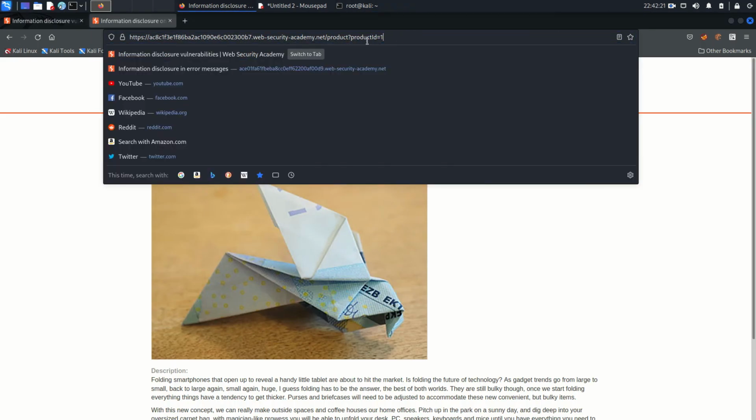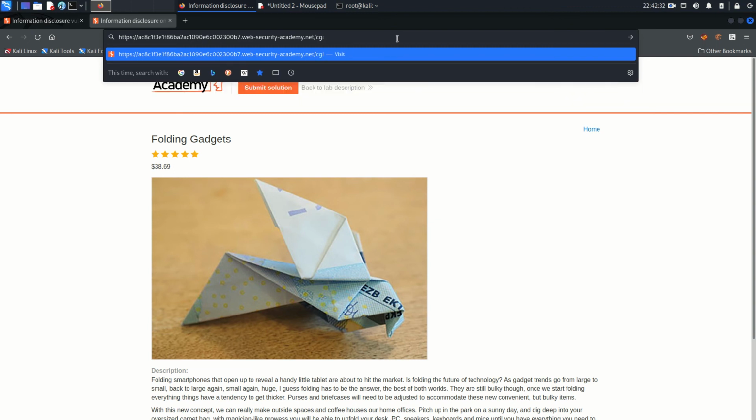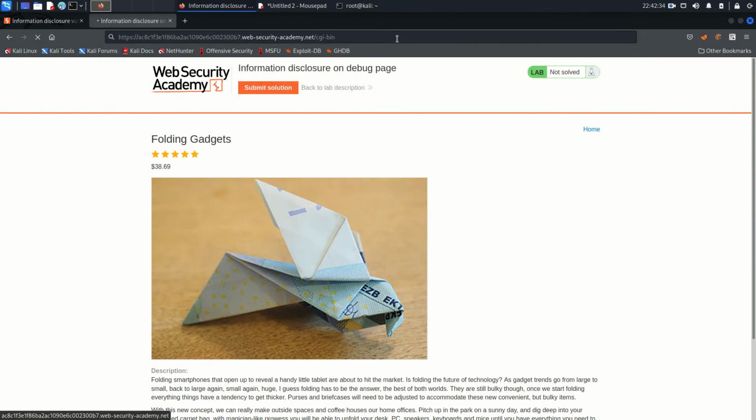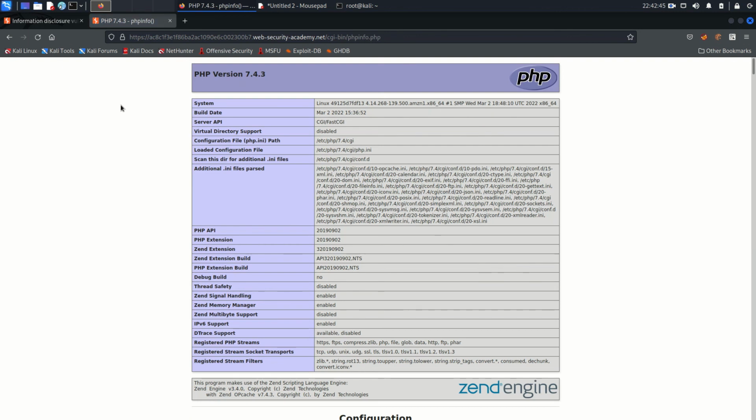But here productId is not a big deal because this is for a normal user, so no problem in this directory. But if I try cgi-bin and hit enter, we can see there is one page, which is phpinfo.php. This is a debug page. So once I